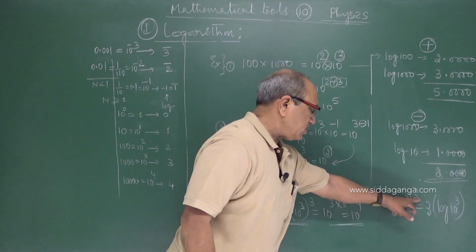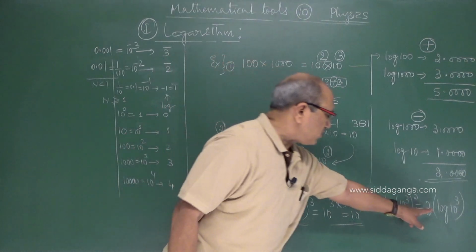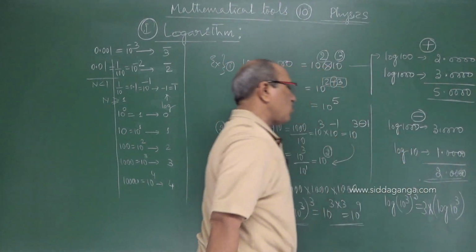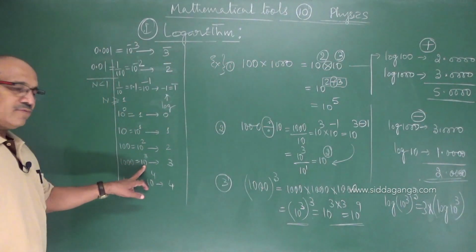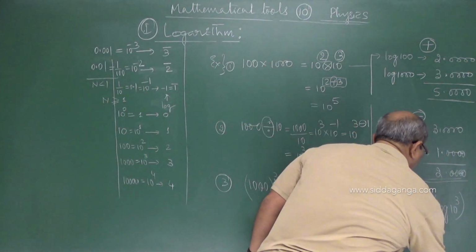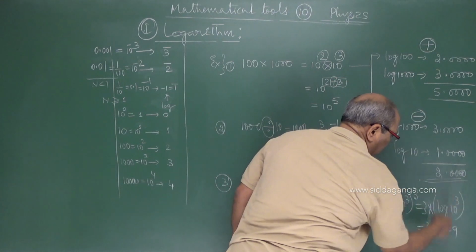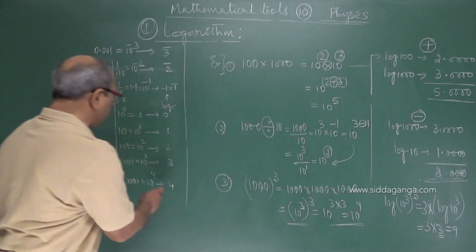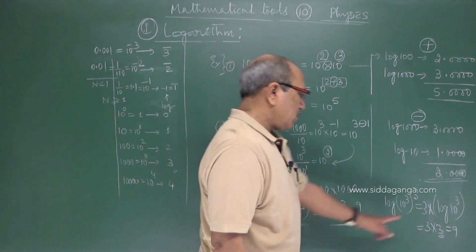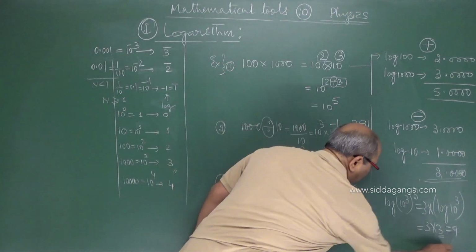10 power 3, this 3. What did we do? Power is converted into multiplication here: 3 into, what is log of 10 power 3? Log of 10 power 3 is 3. So you can write it as 3 into 3 equal to 9, because log of 10 power 3 is 3. That you have here, I showed. 9 I have to write as 10 power 9. That is what we taken here.